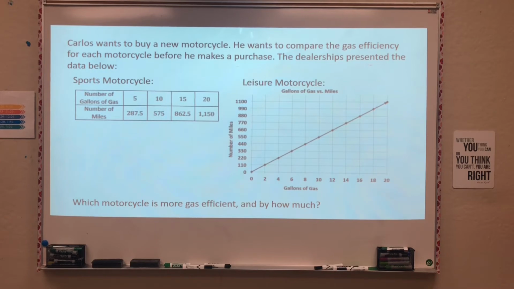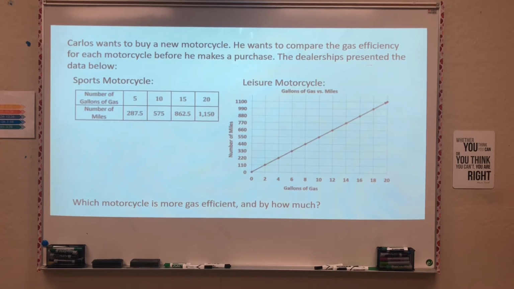So we've got the sports motorcycle, and then they give us a table. What do you notice with that table? The gallons of gas and the number of miles. So that first column, what does that mean, the 5 and the 287.5? The 5 is 5 gallons of gas. So 5 gallons of gas means you can put it in the motorcycle, right? Yep. So if he puts in 5 gallons of gas in the motorcycle,